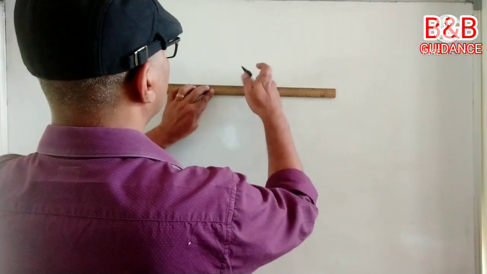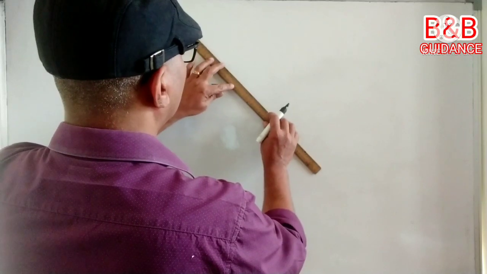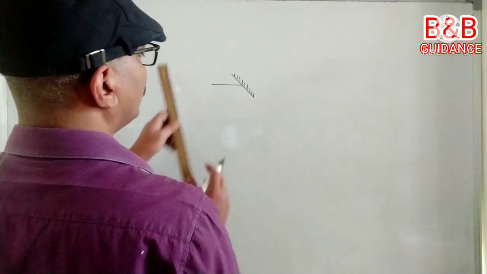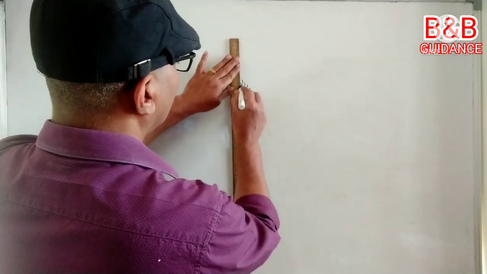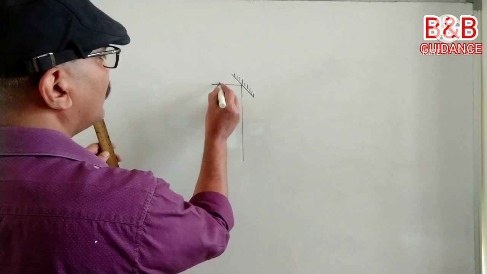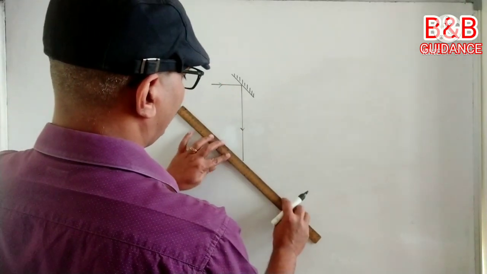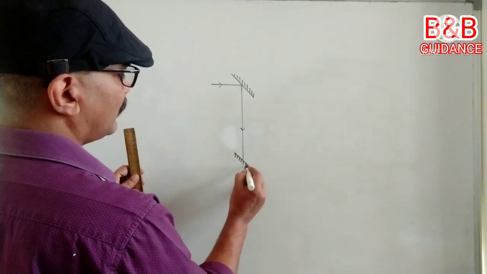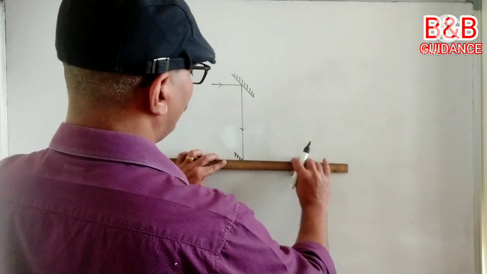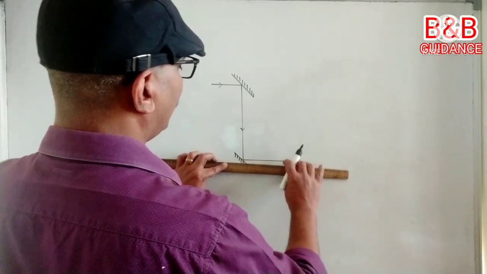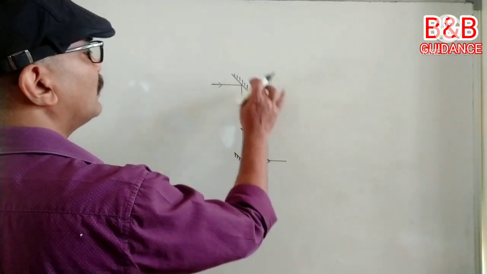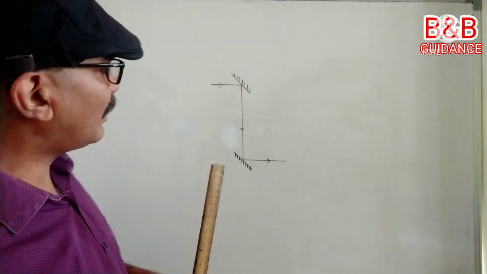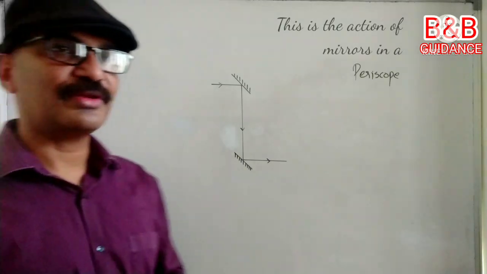See this one. I am using a mirror here. This is a mirror, okay, ray will be reflected like this. Again I am using another plane mirror here, and here also the ray is reflected from here. I have kept the mirror in such a way that it is inclined at 45 degree to the horizontal, but these mirrors are parallel to each other. Okay. My question.